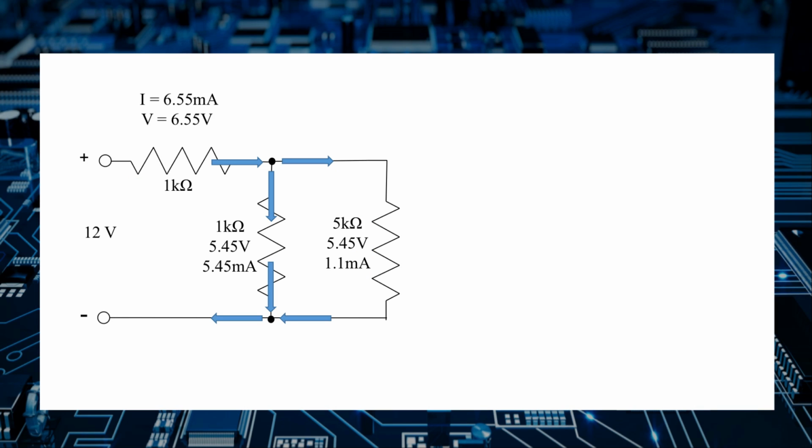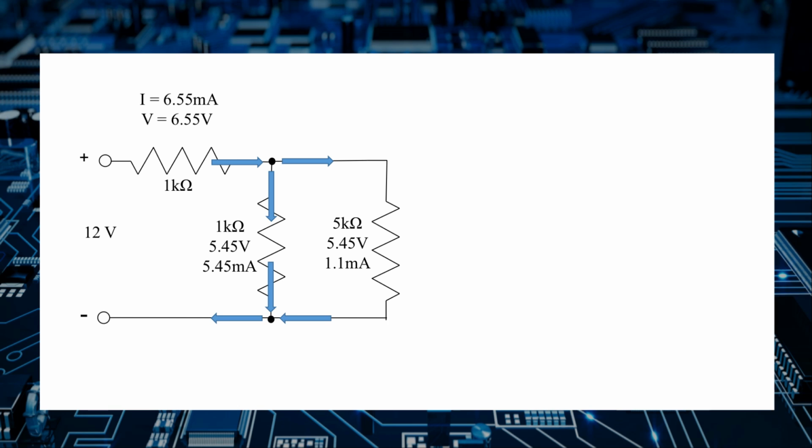Kirchhoff's current law states that the sum of the currents entering and leaving a node is equal to 0. Any current going in must come out. Makes sense. So looking at our previous example and the currents, picking the node where the three resistors join, we